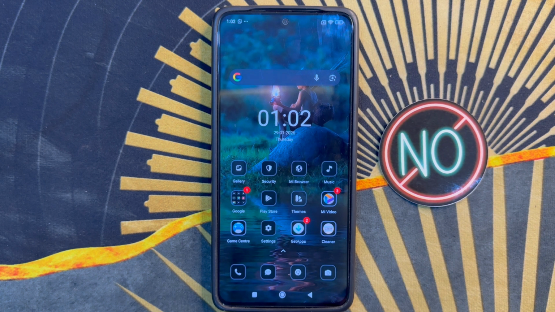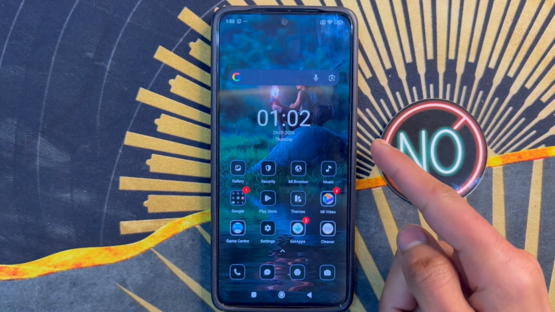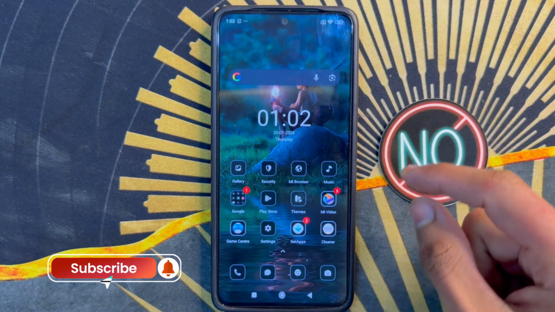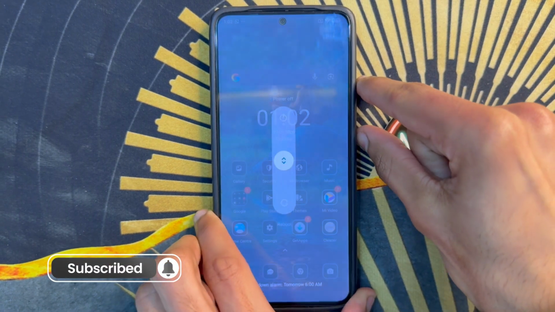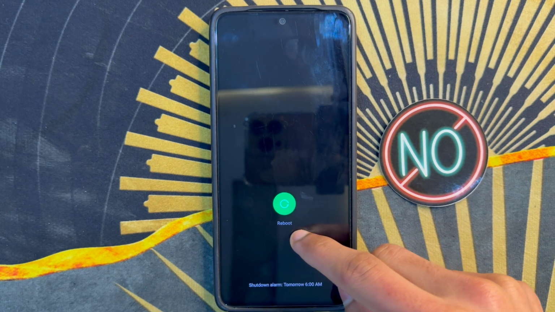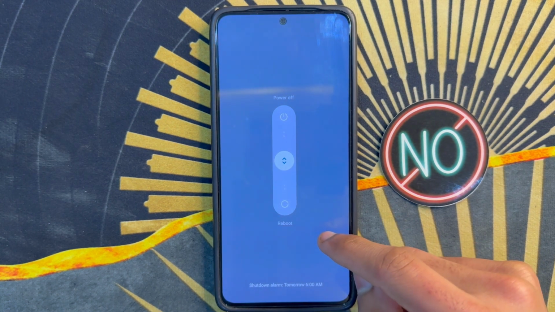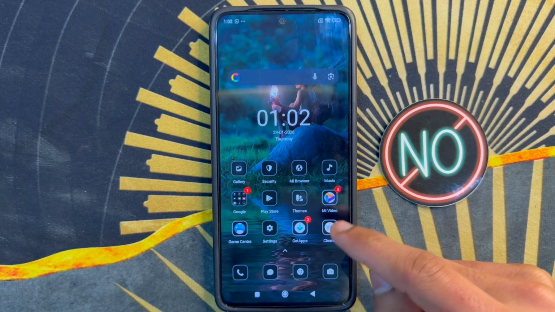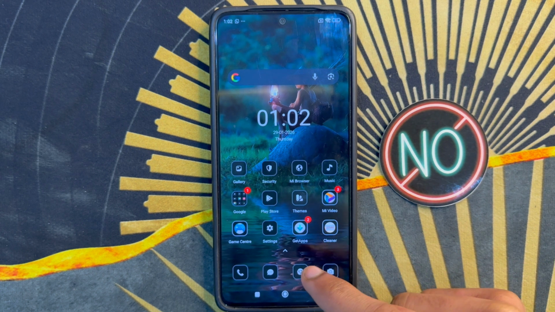Let's start the video. If you want to fix this problem, restart your device. Click the power button and volume up button, and you will see the restart option. Restart the phone. After restarting, you will see your problem is solved. But if it is not solved,